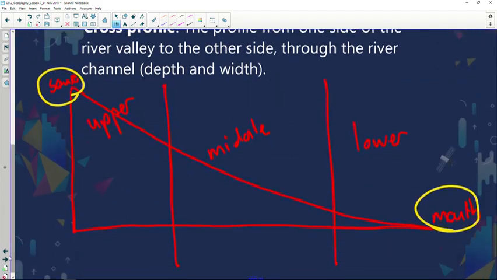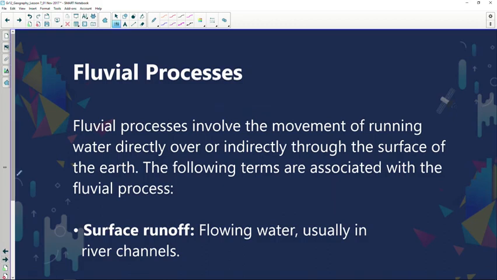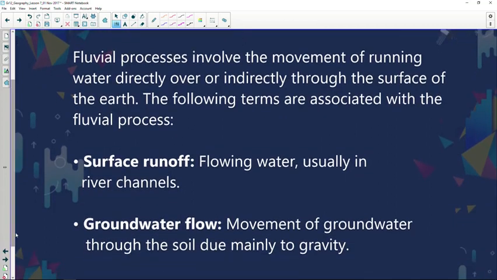Now, very importantly, when we look at this river profile, in our previous lesson, we discussed the type of runoff that we experienced. Now, we looked at surface runoff, as when the water is inside the riverbed on top of the surface, and we looked at groundwater flow, when the water infiltrates and flows towards the water table and eventually into base flow. Now, I just want to revise this because we need to remember it once we discuss